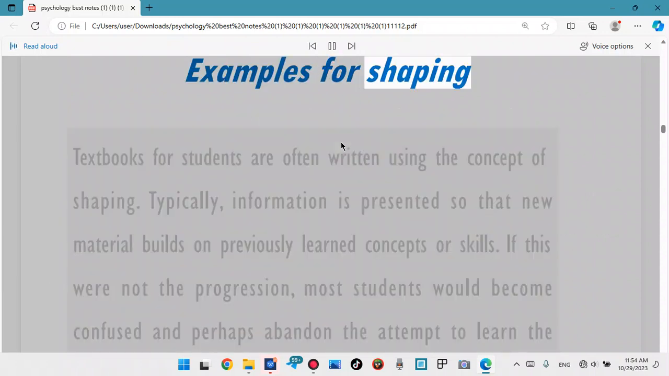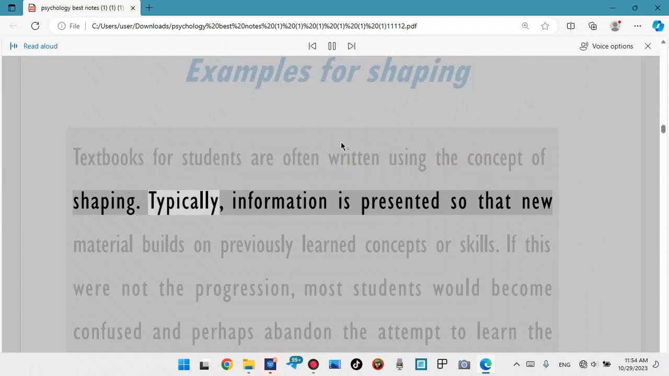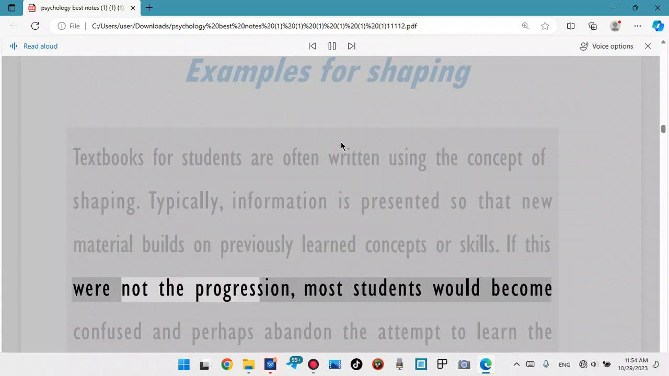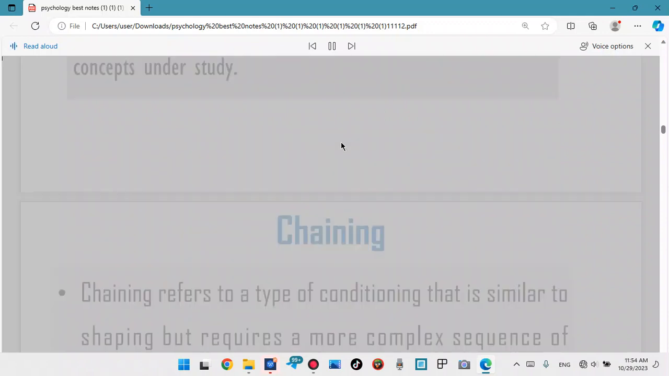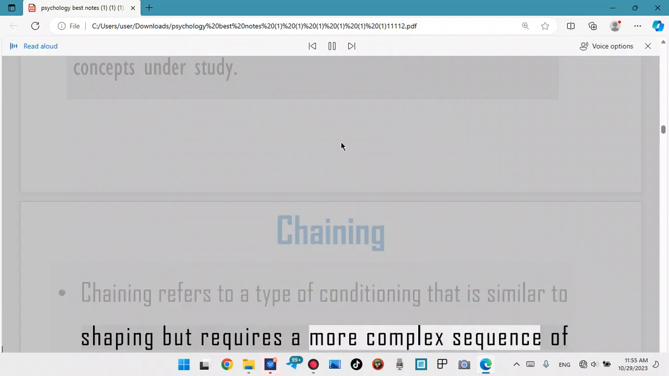Examples for shaping. Textbooks for students are often written using the concept of shaping. Typically, information is presented so that new material builds on previously learned concepts or skills. If this were not the progression, most students would become confused and perhaps abandon the attempt to learn the concepts under study. Chaining. Chaining refers to a type of conditioning that is similar to shaping but requires a more complex